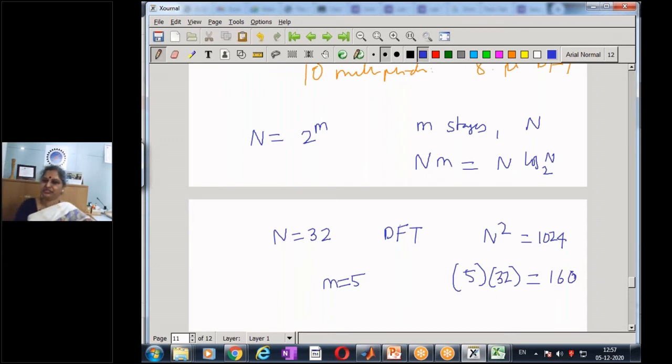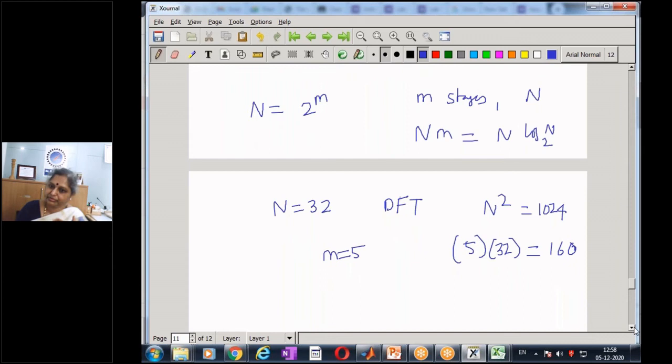So we see the reduction in the computation. If I have a processor which is going to compute an n-point DFT using my normal method of creating a matrix of 32 cross 32, I'm going to have around 1024 multiplications, and there's going to be some computation time. On the other hand, if the same processor implements this algorithm where we have 5 stages and each does a small computation, the signal just flows through the graph and I have only 160 multiplications. So that's a huge computational time saving when I use this method of cutting down and bringing them all to finally the first stage having only a computation of a 2-point DFT.